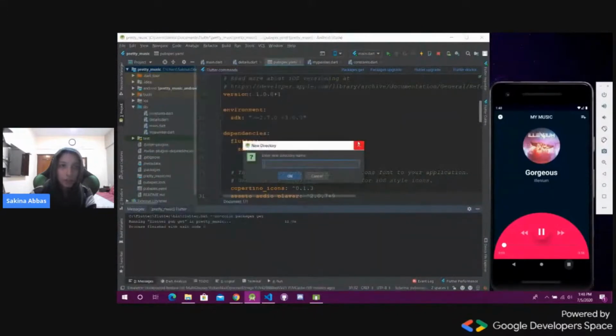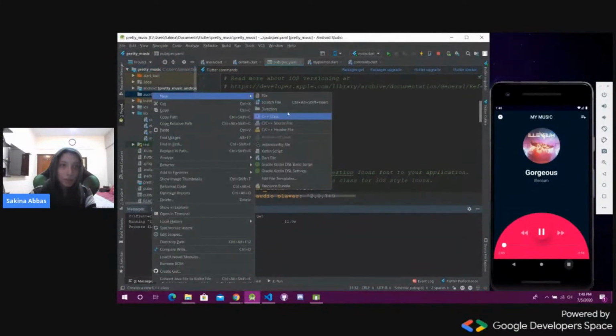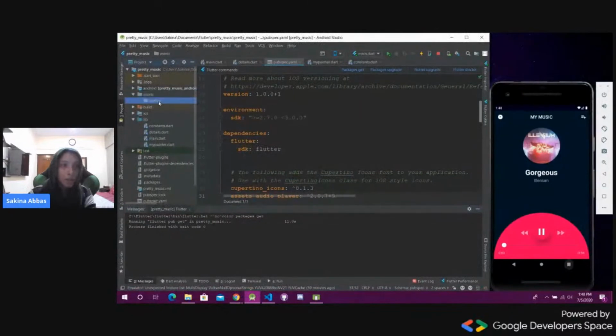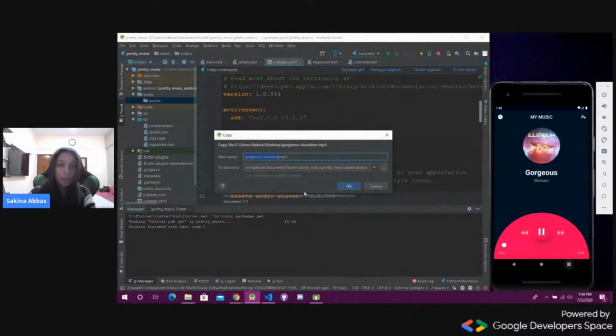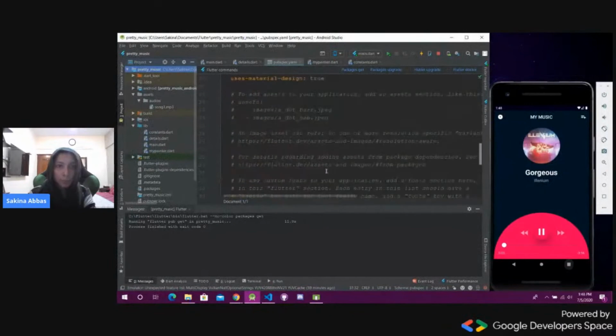Add a new directory, assets, add another directory. This is just up to you guys. I just like to keep my code modularized. Audios. And let's paste the song here. Give it the name song1.mp3. Do we have that? Yes, we do. As you can see, we have integrated our